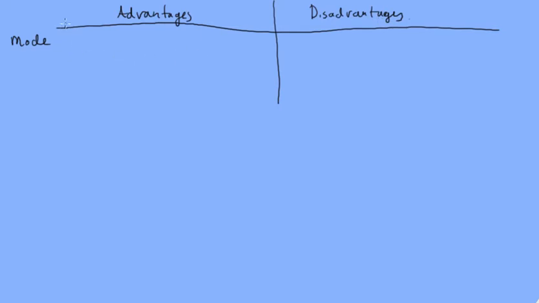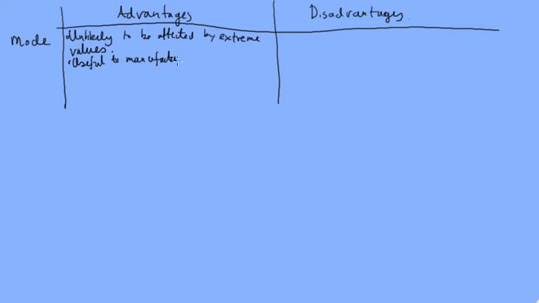So the advantages for mode is it's unlikely to be affected by extreme values. It's useful to manufacturers that need popular sizes